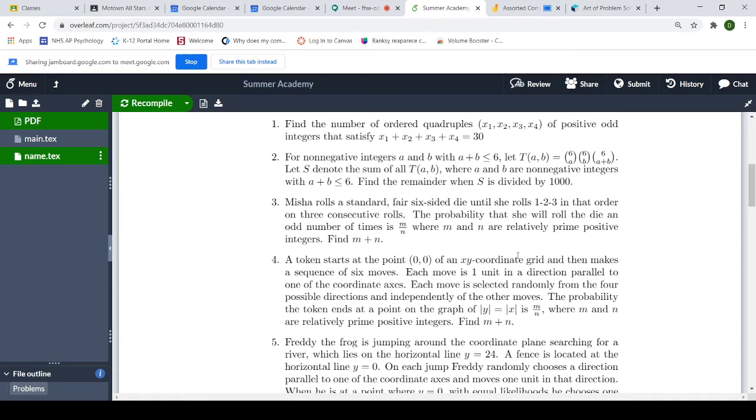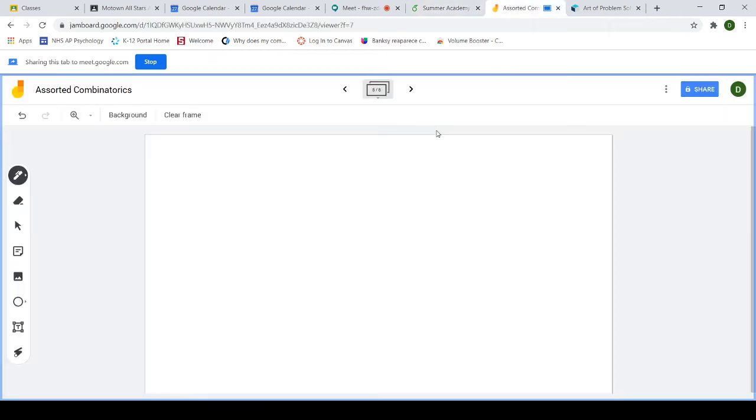Now we have problem 4. A token starts at (0, 0) of an XY coordinate grid and then makes a sequence of 6 moves. Each move is 1 unit, parallel to one of the coordinate axes. Basically, this point moves randomly up, down, left, right. Then we want to find a probability that we end up